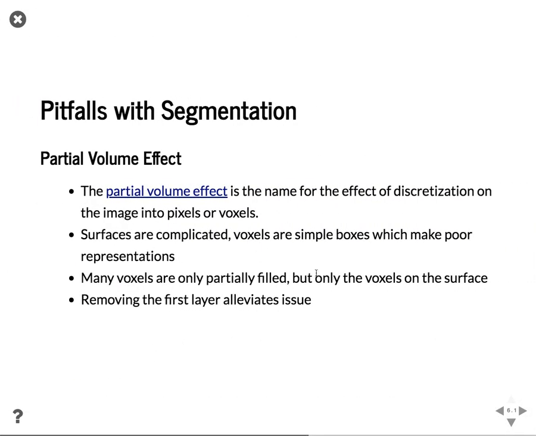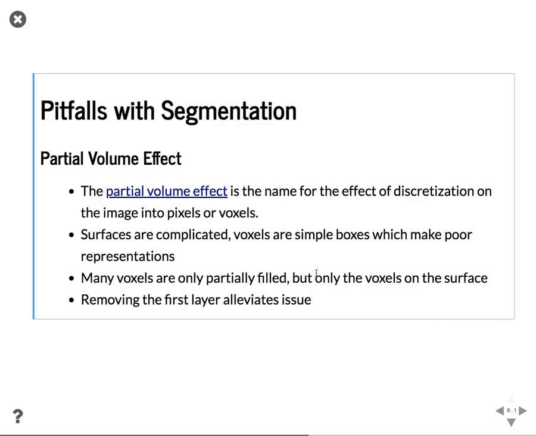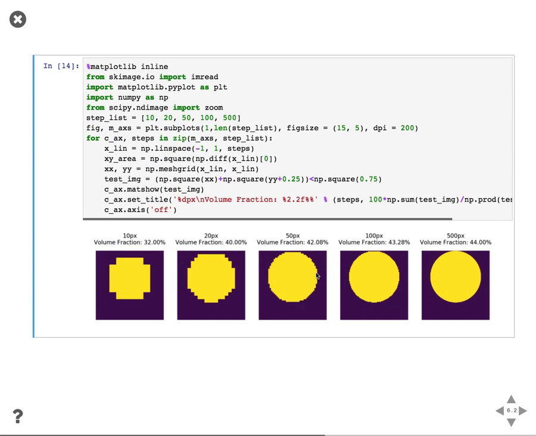So, sort of pitfalls with segmentation. One of the things that commonly gets covered, particularly with CT imaging, is this idea of a partial volume effect. And so we'll show sort of two variations of this. The first is where we have the exact same sphere. Basically we take a coordinate system and we define it from -1 to 1, and we define a circle radius